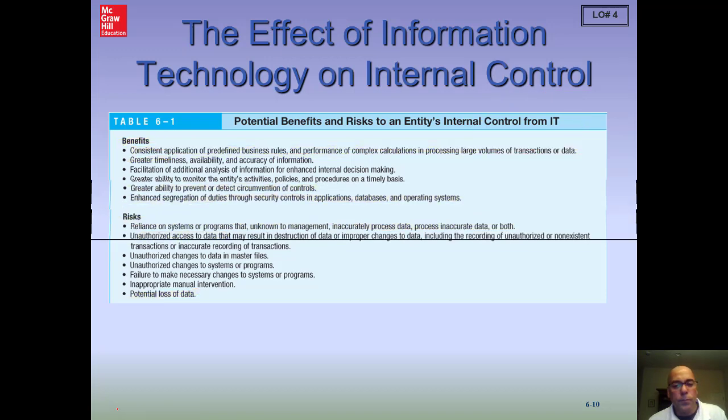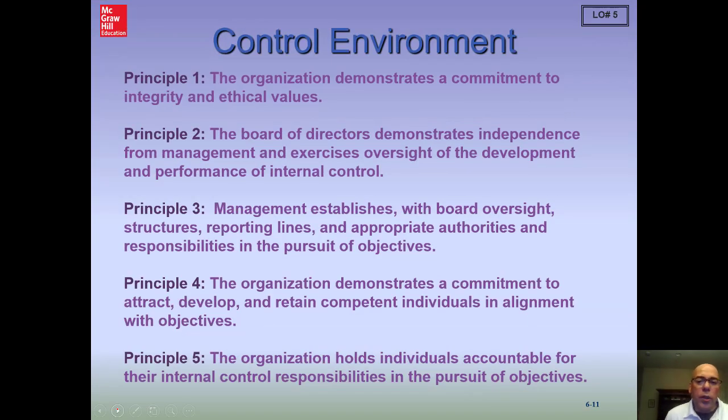Now, when we look at our 5 components, remember we have 5 components: our control environment, we're going to do our risk assessment, and then we're going to put our control activities into place, we're going to communicate those responsibilities, and then we're going to monitor. That's our 5 components. And then there are 17 principles under these 5 components. Not 17 for each, 17 total falling within the 5 components. So we're not going to necessarily read through every single one of these, but let's just see some of these, and we can see that the control environment, we've already said, is the most pervasive.